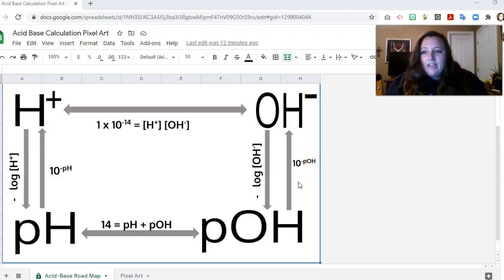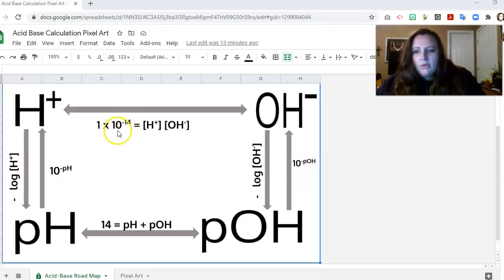Now, what you guys see on the screen right here is the Google Sheet that you guys are going to be using today. So we call this the acid-base roadmap. So here's how this works. At any time when you're given a problem, you may be given the concentration of hydrogen, the concentration of hydroxides, the pH, or the pOH. So here's what this is saying. The way that this works, if you are given the pOH, you can calculate anything else here by following this